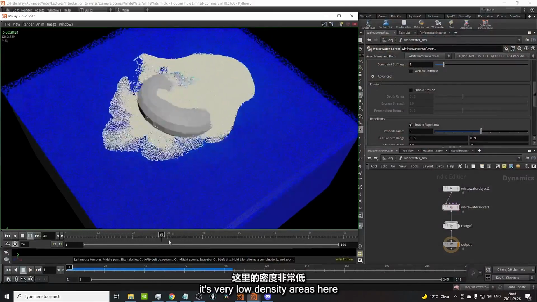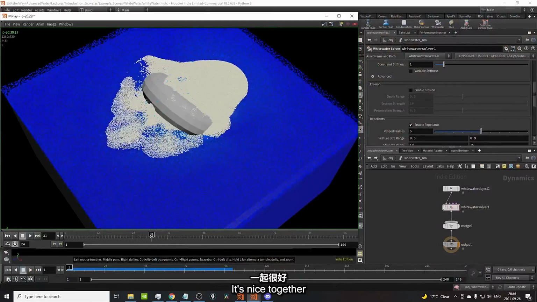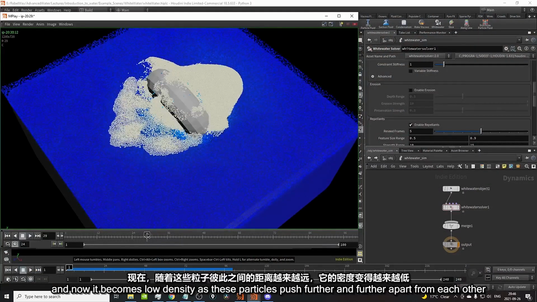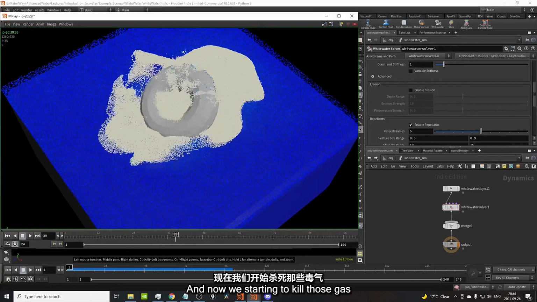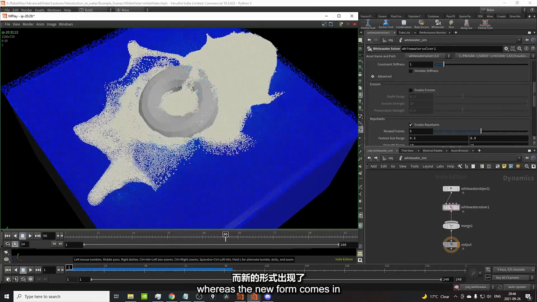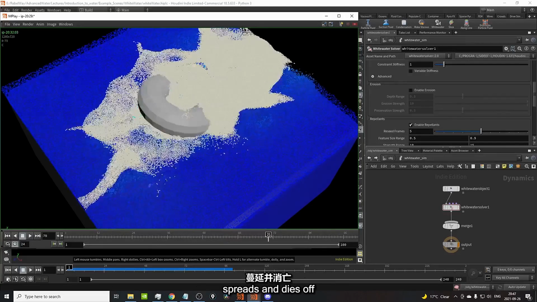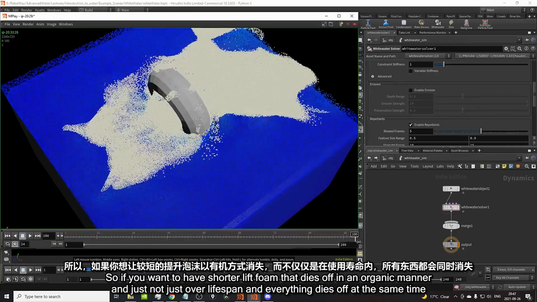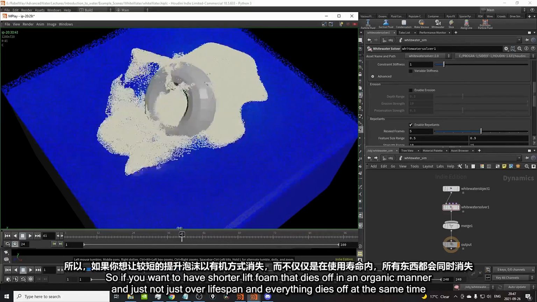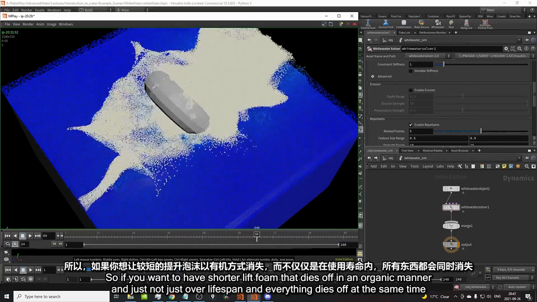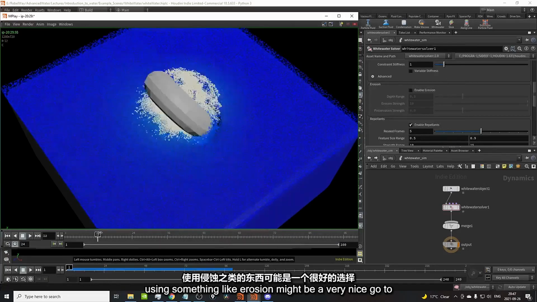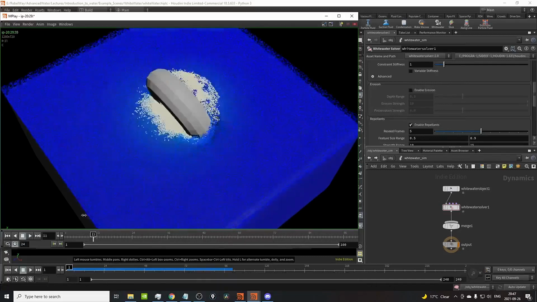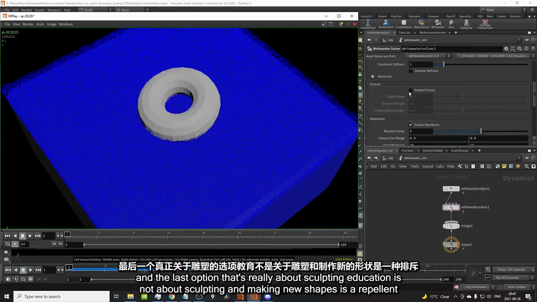And the reason is it's very low density areas here, right? It's high density, it's nice together, it's clumped, and now it becomes low density as these particles push further and further apart from each other, and now we're starting to kill those guys off. As the new foam comes in, spreads and dies off. So if you want to have shorter lived foam that dies off in an organic manner and not just over lifespan where everything dies off at the same time, using something like erosion might be a very nice go-to here. And the last option,